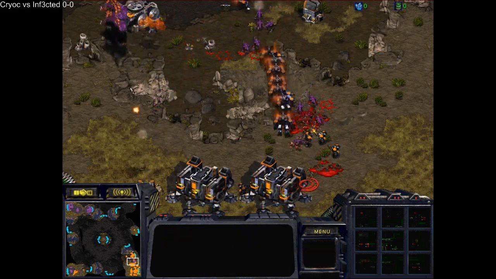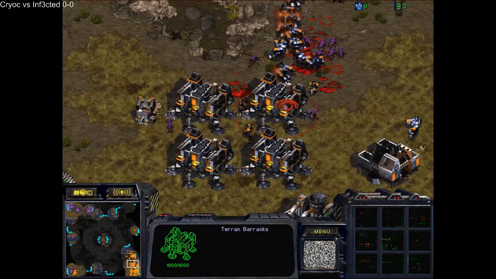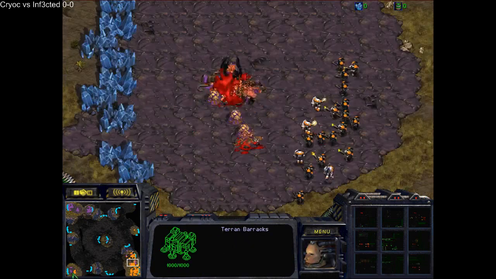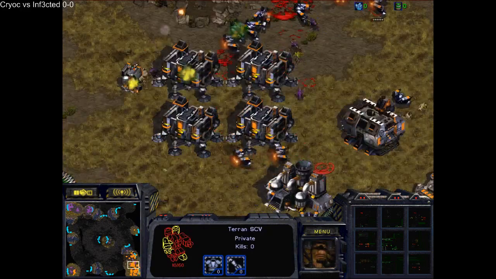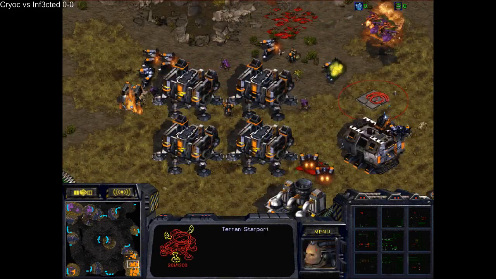The Mutas go in together with the Zerglings. The SCV drill, though, a really nice SCV drill. Is it going to be enough? The Zerglings are on top of the barracks. The bottom left base has been destroyed, but look at those SCVs, those badass SCVs just taking down all the